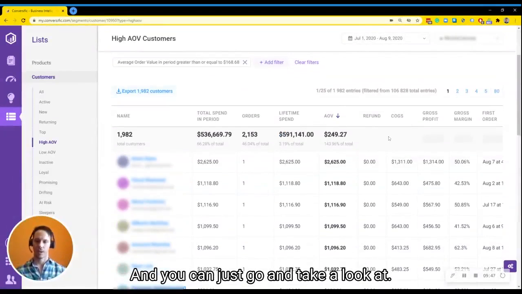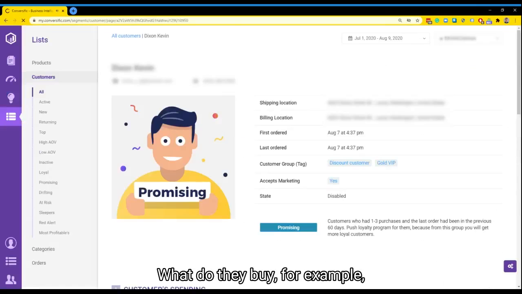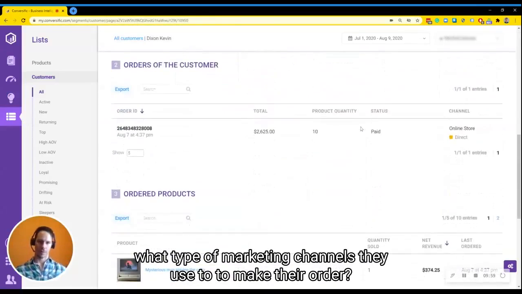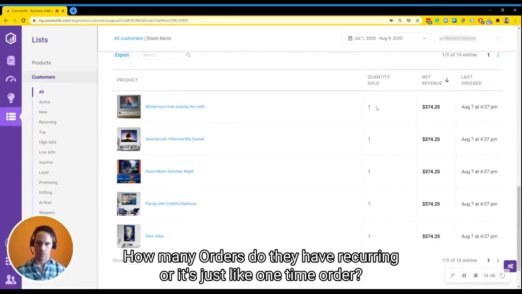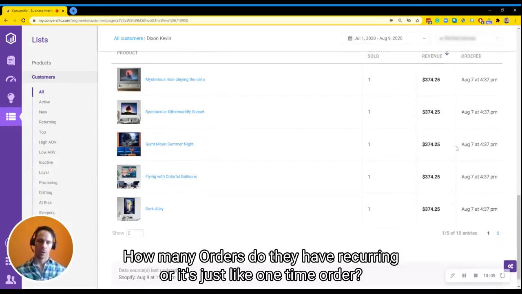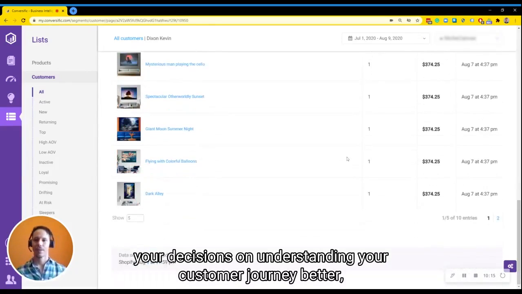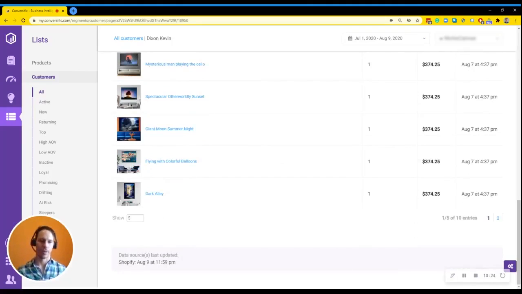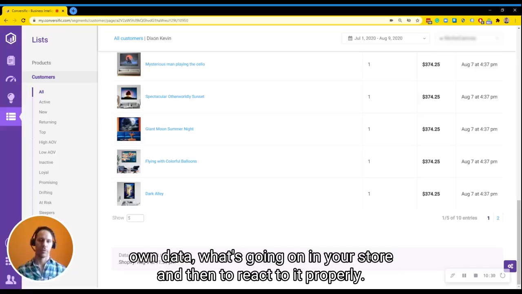And you can just go and take a look at where they are, what do they buy, for example, what type of marketing channels they use to make their order, how many orders do they have, are they recurring or it's just like one-time order, and then all of this is going to fuel your decisions on understanding your customer journey better, understanding your customers better, and how to react, because there's no magic solution which is going to really work for everyone, but it's important to understand your own data, what's going on in your store, and then to react to it